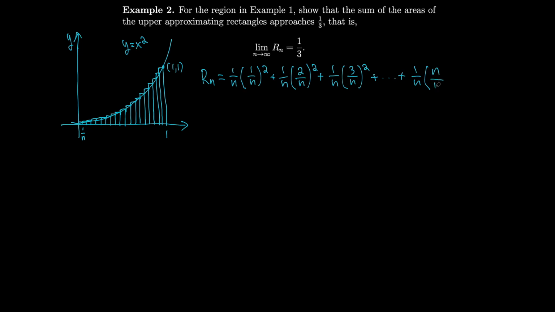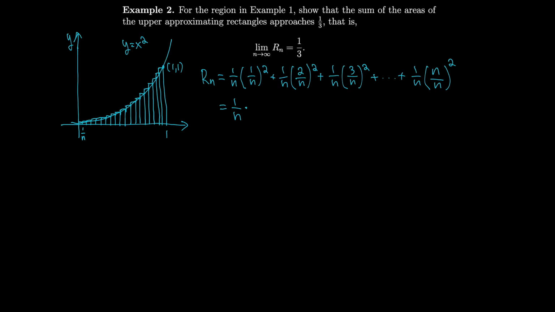So it should be n/n for the last one, which makes sense because the last one's at 1. So we have n over n squared. What we can do now is factor out 1 over n because it's in every single one of these. We get 1 over n times,